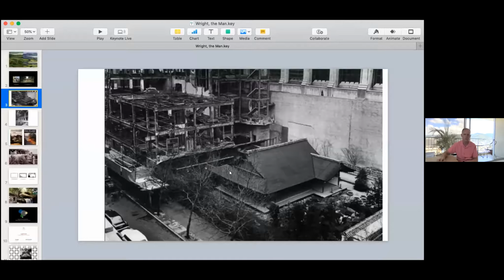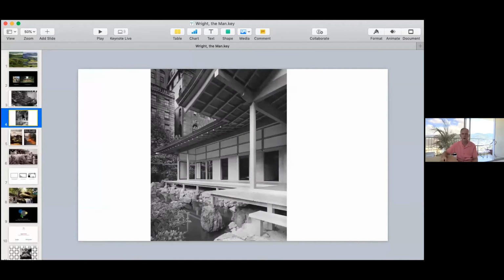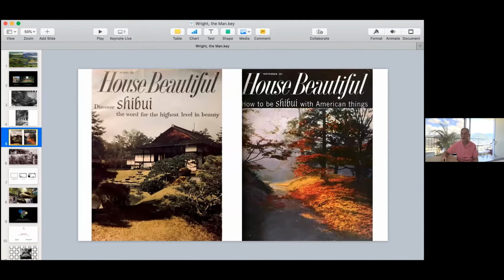And I can show you, so this is the 50s, not the 40s, but things like this Japanese house was built at the Museum of Modern Art, 1955, right? That's Manhattan, very expensive, right? To bring that. And then in 1960, the August and September issues of House Beautiful were about Shibui. New word, David. Another Shibui, right?